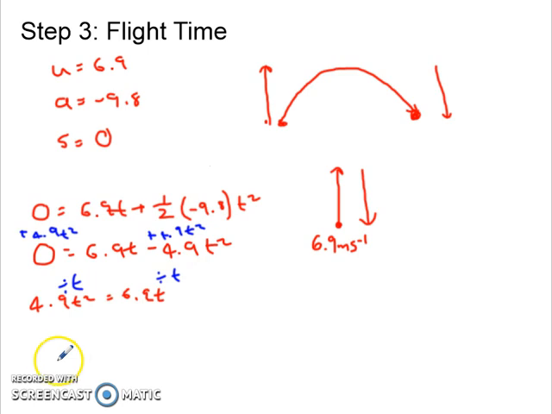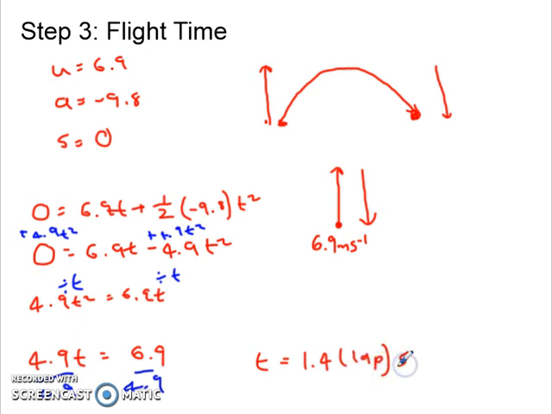I don't know why I'm working in red. Anyway, so that becomes 4.9 T equals 6.9, and now we just divide by 4.9 on both sides, and that'll give us T, which is 6.9 divided by 4.9, 1.4 if I round it to one decimal place. So 1.4 seconds, right? So that means it's going to take 1.4 seconds to jet off and then land again,